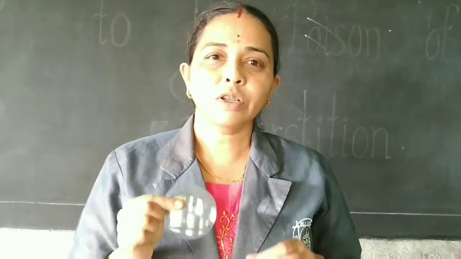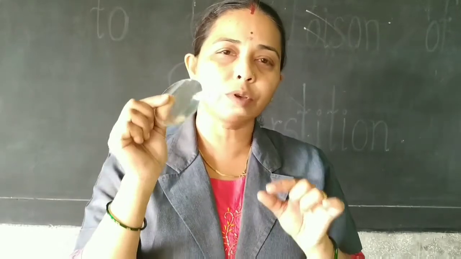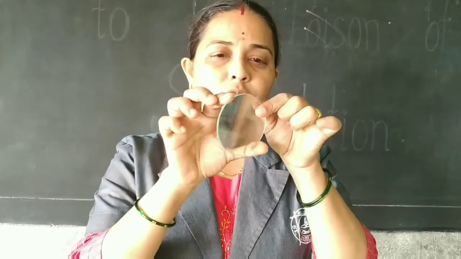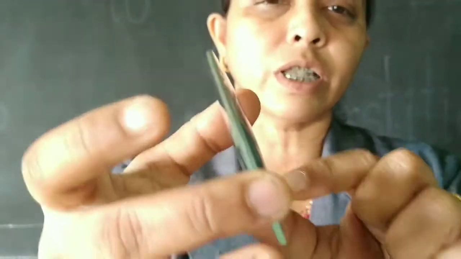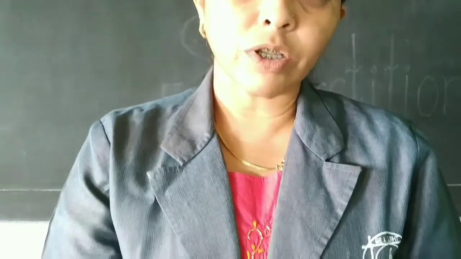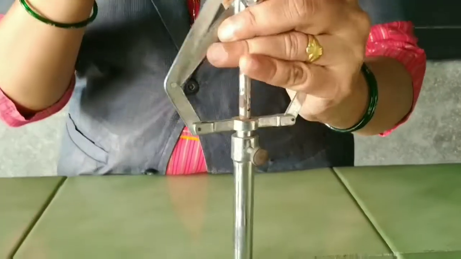Hello dear children, today we will see how to find the focal length of a given convex lens. Now see, this is a convex lens. As I have told you, a convex lens is bulgy in the middle and thinner at the edge. And here is a stand which is used to hold the lens,